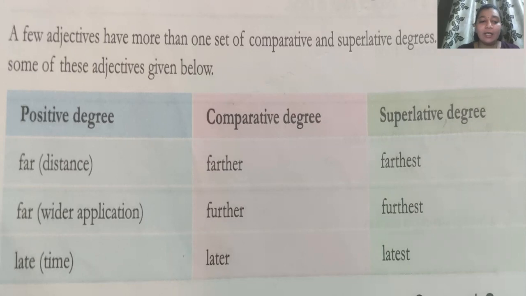In one case, far का comparative degree हो रहा है farther and farthest when it is showing distance. But if it is showing additional information about any topic or any person, then we use further or furthest as a comparative or superlative form. Similarly, late can also be used for time. अगर time के लिए हम उसको use कर रहे हैं, उसका comparative degree होगा later या latest, यानी बाद में और फिर सबसे बाद में, सबसे latest.